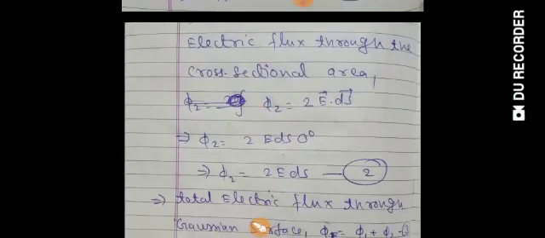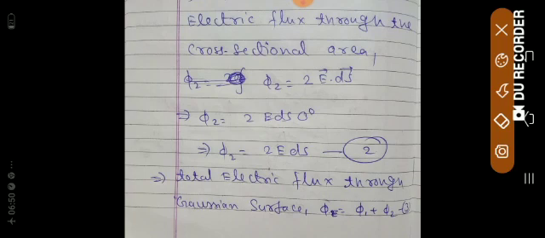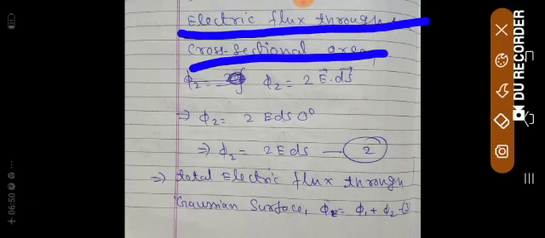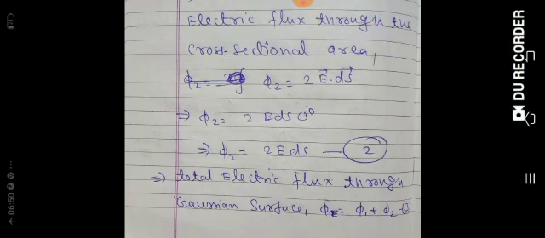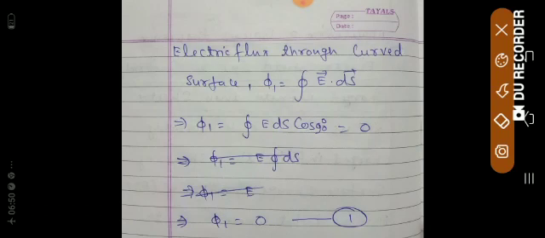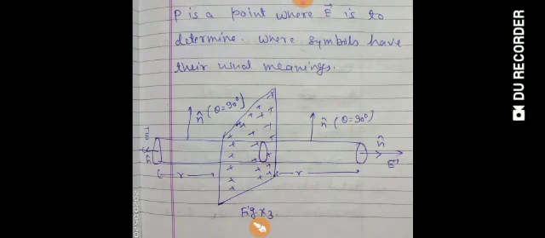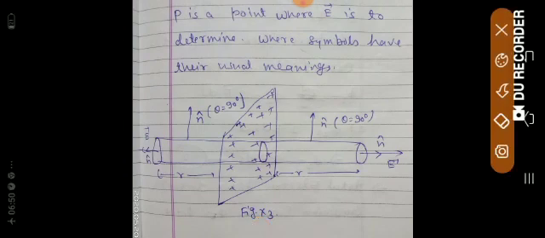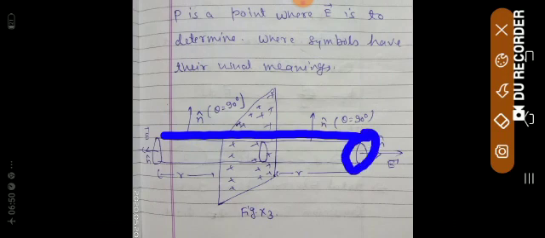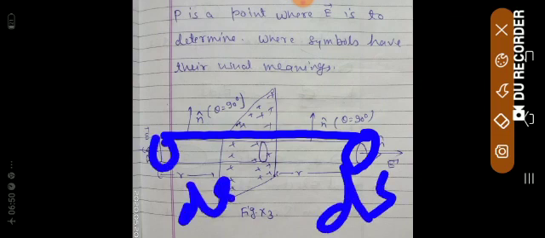Now come to the next page. On the next page, I am going to calculate the electric flux through the cross-sectional area, that is phi 2, E dot ds. Why is there no surface integral here? I am going to show you. There was a surface integral when I was calculating phi 1 for the curved surface, because in this figure you can see this curved surface is a larger area, so it needs integration. But this area is already very small, ds. Also this is very small ds. So there is no need of a surface integral.